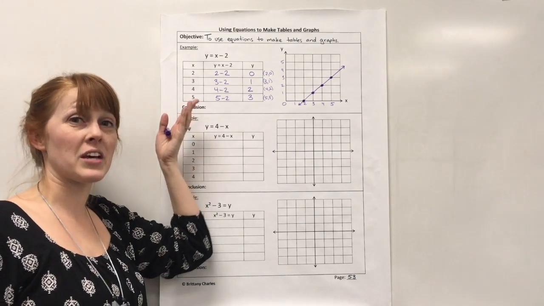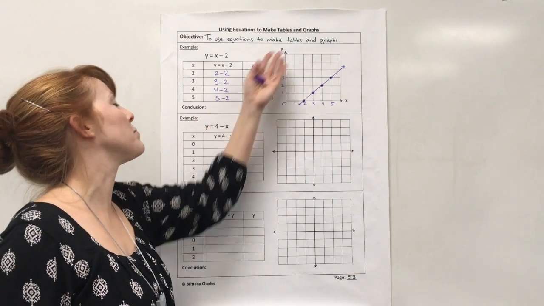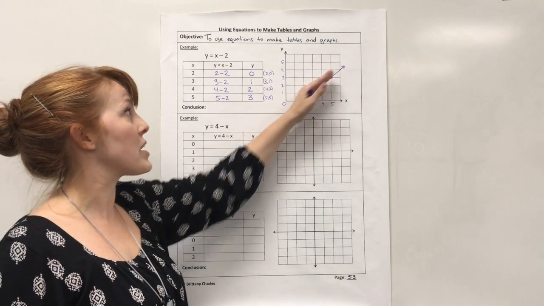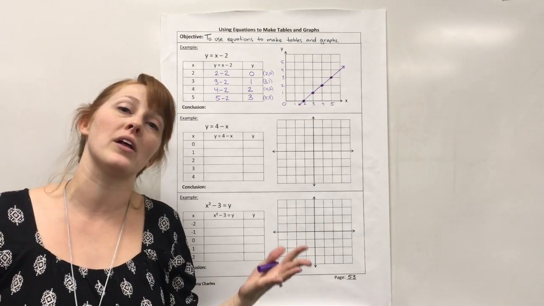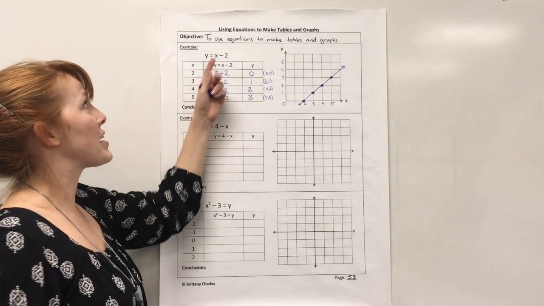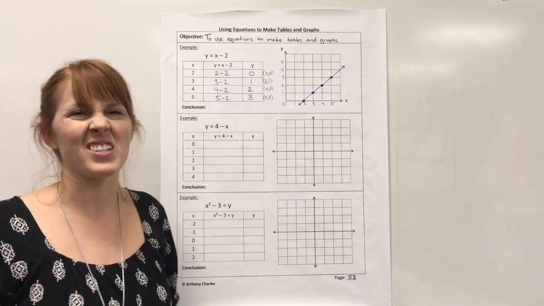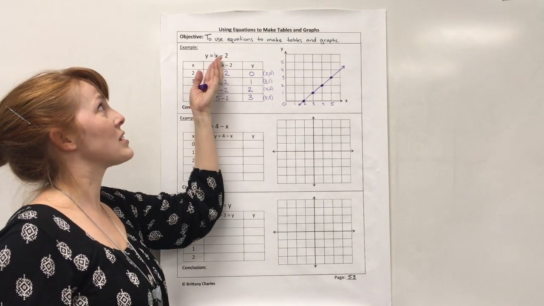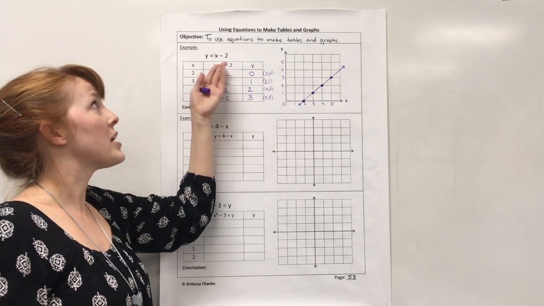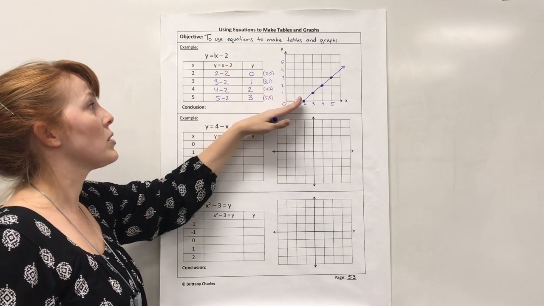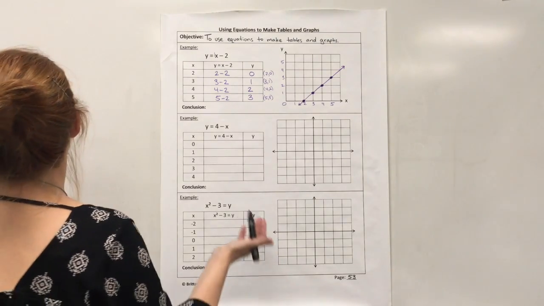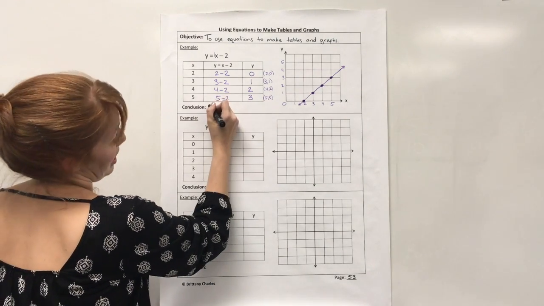Okay, so now we need a conclusion. So basically I'm just going to be describing the graph. So the graph is a line and it's sloping upward. And why is it doing that? Well, the graph slopes upward because my coefficient in front of x, even though I can't see it, would be a 1. And because my x coefficient is positive, the answer to my problem will continue to slope upward in this direction. So my conclusion would just be that the line